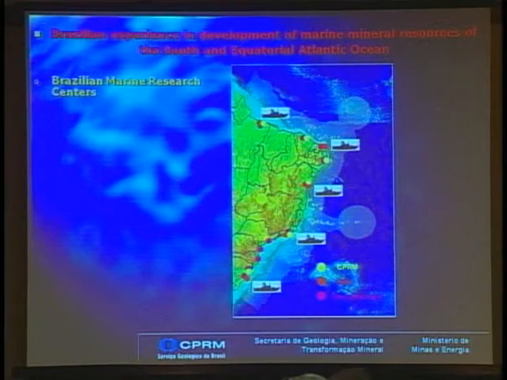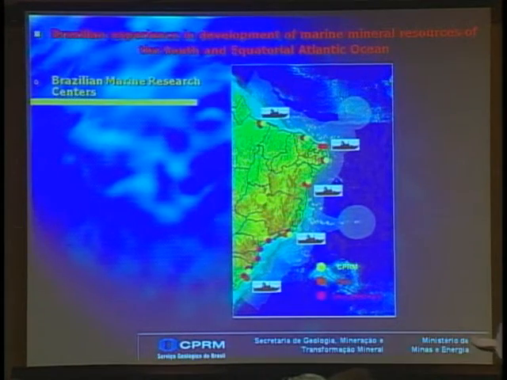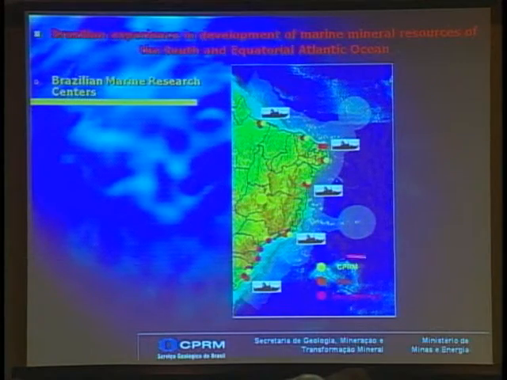Okay. In Brazil, when we talk about marine scientific research, it is important to say that we have different centers of research. Several universities work together with the Geological Survey of Brazil and with the Directorate of Hydrography and Navigation. This map shows the location of, for example, the Geological Survey of Brazil, which we call CPRM, in different areas.